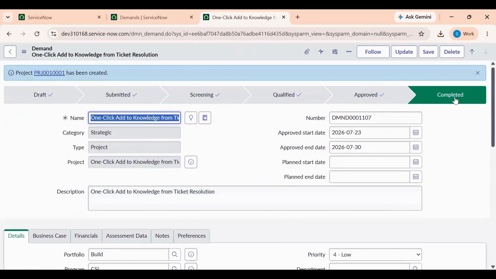Once the project is successfully created, the demand lifecycle is considered completed and the demand moves to the completed state. This completes the end-to-end demand management lifecycle in ServiceNow, starting from an idea, progressing through demand evaluation, stakeholder assessment, qualification, approval, and final project creation. By following this process, organizations can ensure that business ideas are properly reviewed, prioritized, funded, and executed through a structured